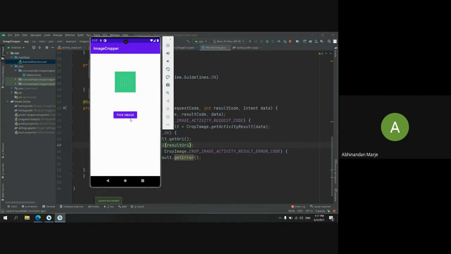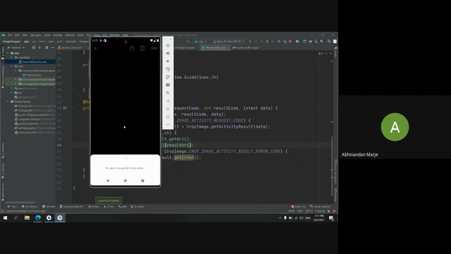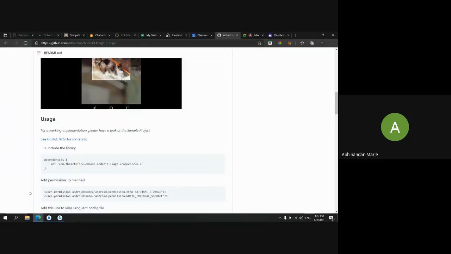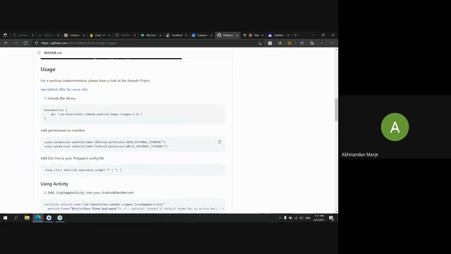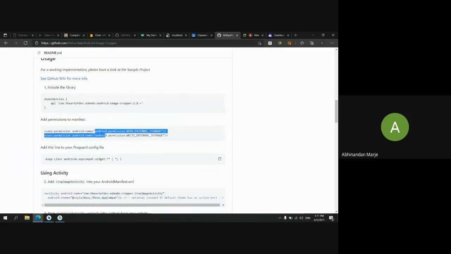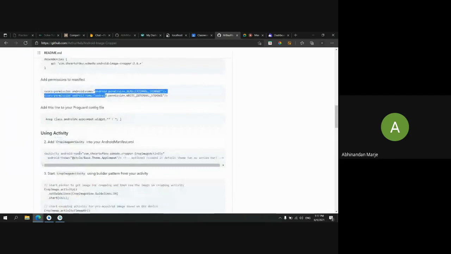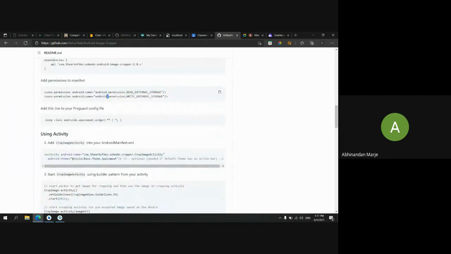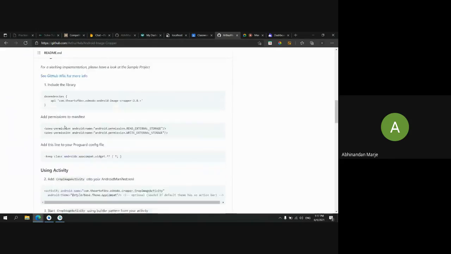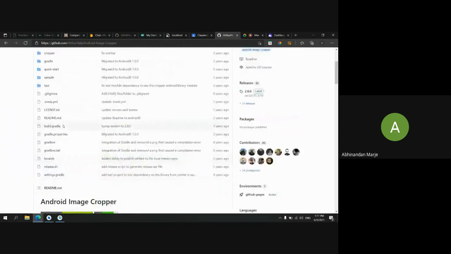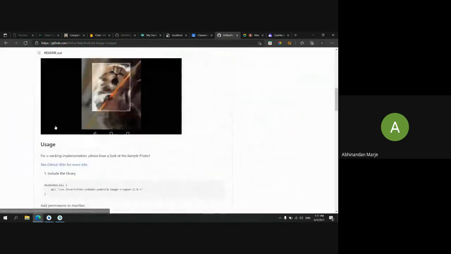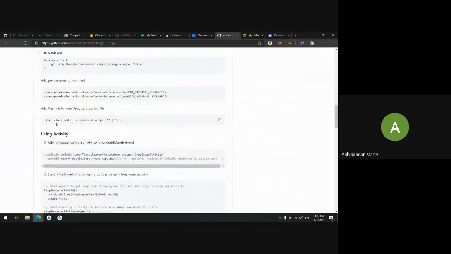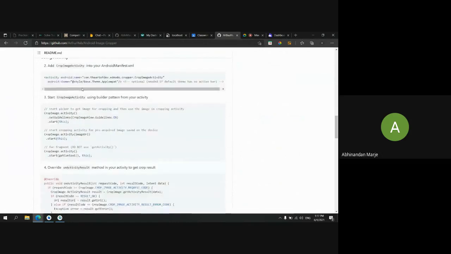My app is launched now. You can see if I click on pick image, it is not showing me the options of the apps. That's because they are not using the latest Android version here. So all this code is correct, they have just not updated it to the newer functions of Android. They will update it. You guys don't have to worry about it. Once it is updated, your features will work fine. So for now, it is just a little outdated.